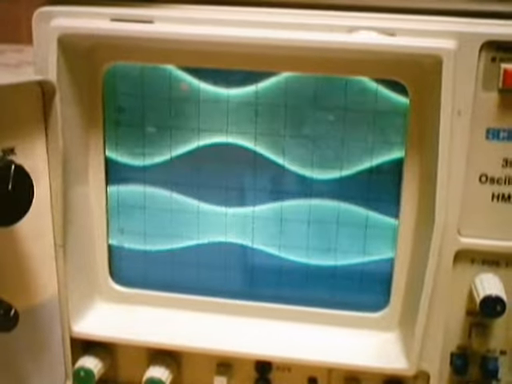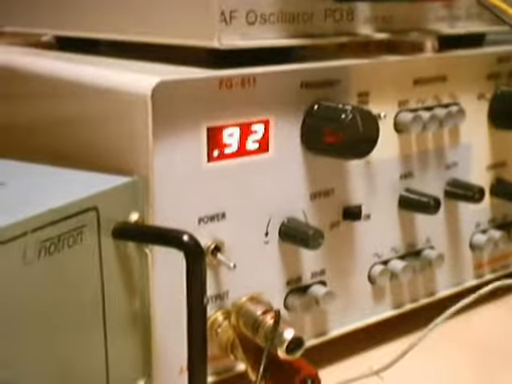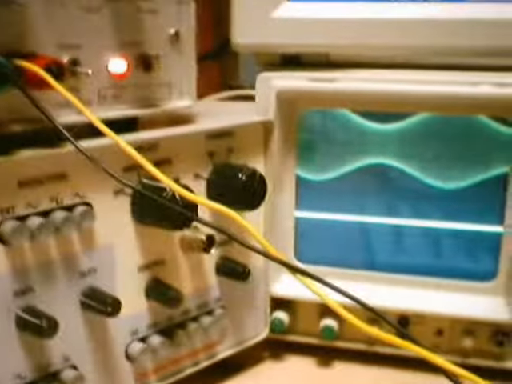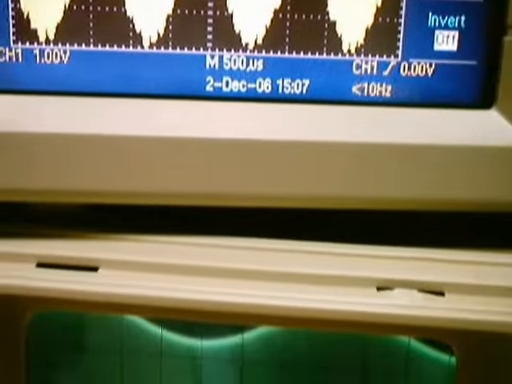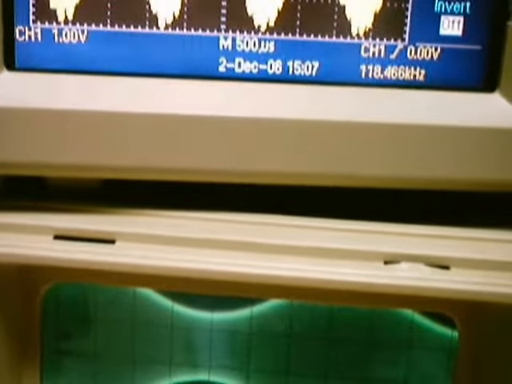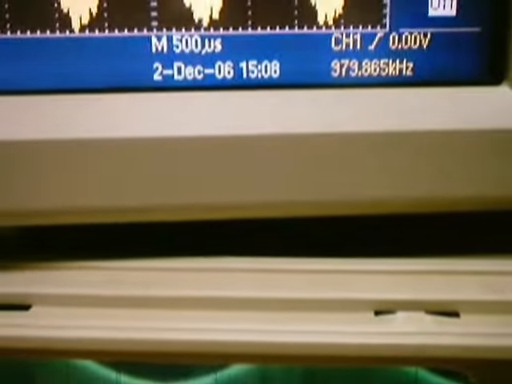Suppose I take one more reading. Let me change the frequency from 753 to, now this is showing around 0.92, which happens to be 920 kilohertz. We can see exactly what the frequency is over here. Just a minute. Let me see what the input frequency is. So the input frequency is 980 kilohertz. So let us take one more reading, where the second reading FC in is 980 kilohertz.